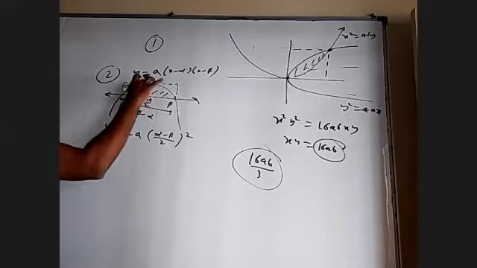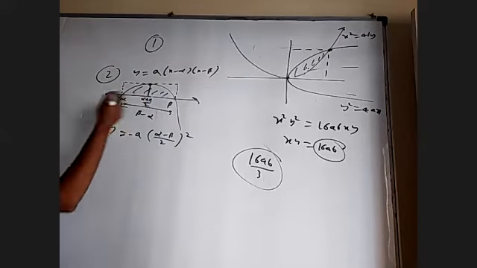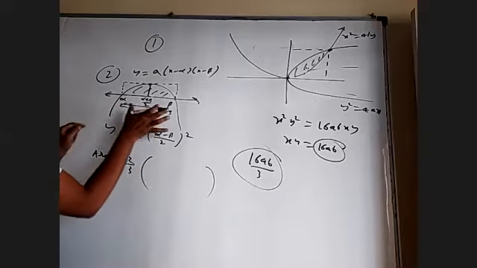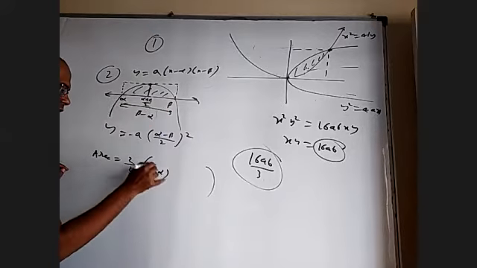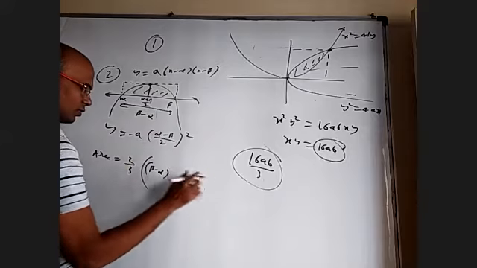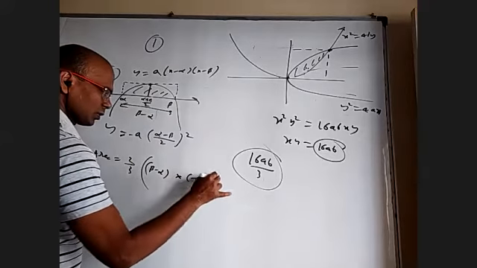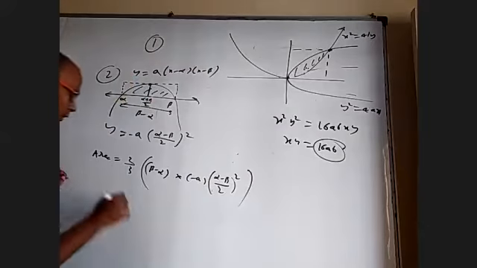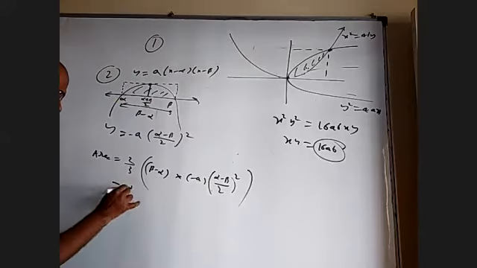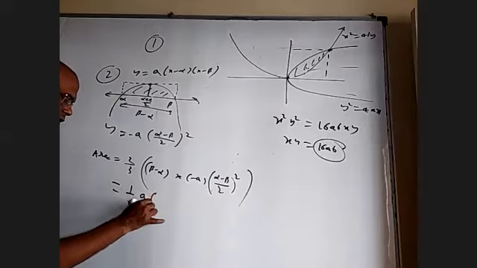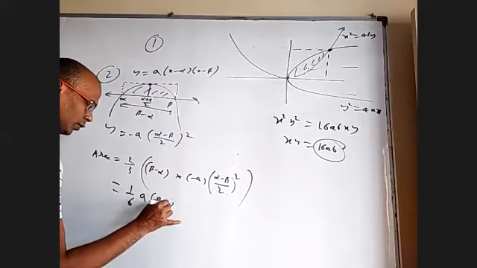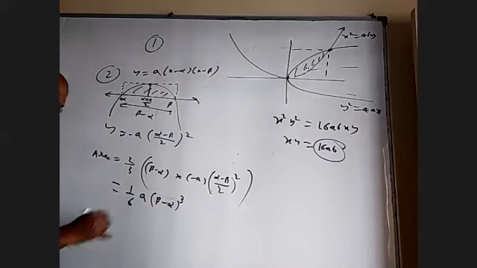Now, you know width and you know height. What is the area of the rectangle and then integral? So the required area will be 2/3 of the rectangle. Rectangle width is beta minus alpha and height is this, which is minus a into alpha minus beta by 2 whole square. So what is that? 4 will come, 1/6 of a into alpha minus beta, or beta minus alpha, doesn't matter, whole cube. I'll just put a mod just to make it positive, because minus a is there.